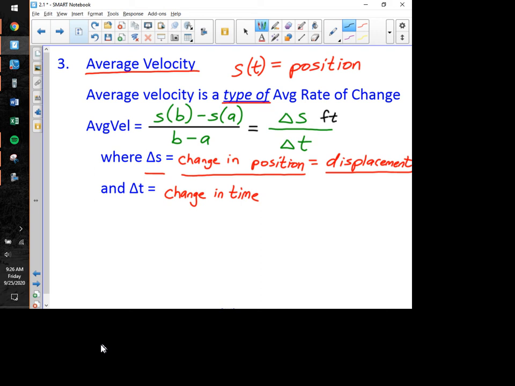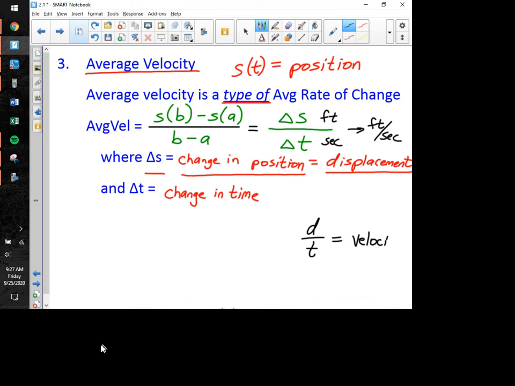And for change in time, you could measure time in a lot of different units, but we might be talking about seconds here. So when we do average velocity, your units end up being something like feet per second. To be a little less specific, you're using a unit of distance on the top and a unit of time on the bottom. And distance divided by time, let's make sure we know this, guys,